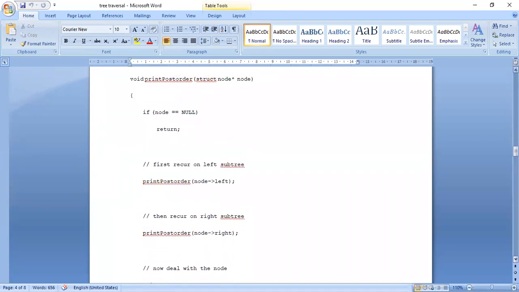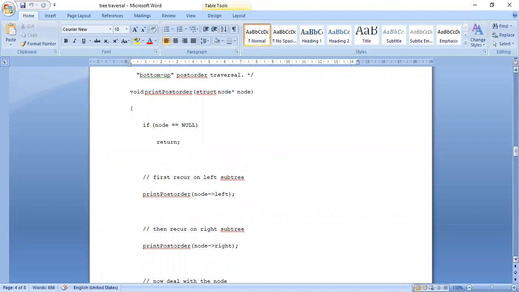So now, for printing the nodes in order, pre-order, post-order, the best program which I use is a recursive program. That is, I will call the same function in that function only. So you can see here, void print post order.